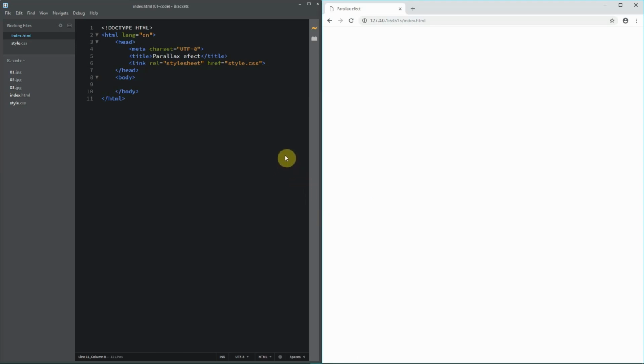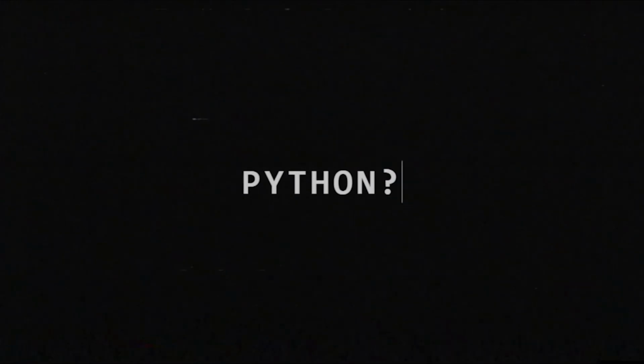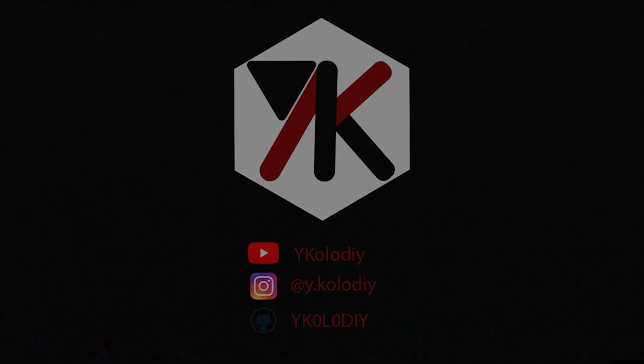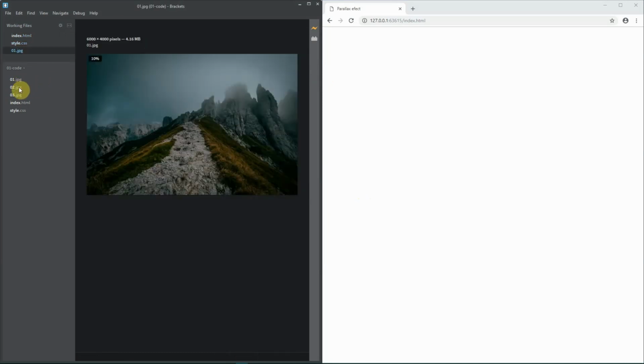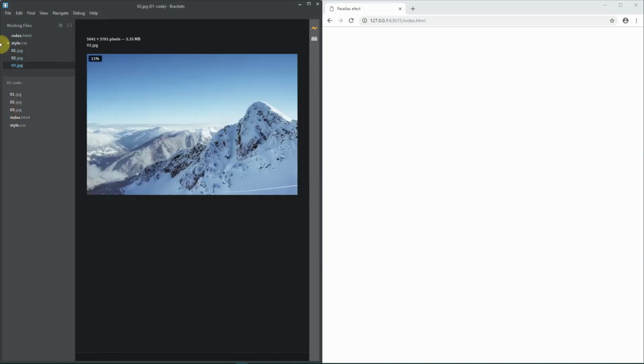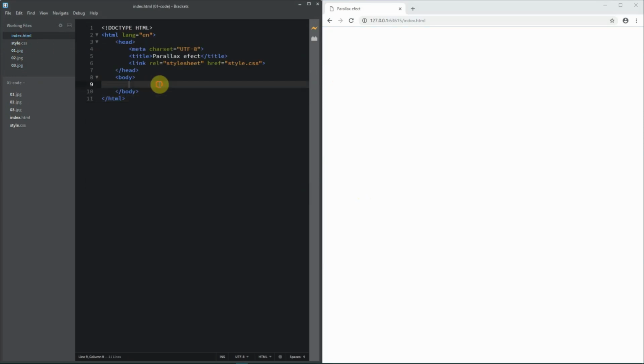Today we're gonna create a simple parallax effect using HTML and CSS. I already have all set up, like you can see, and the images are here. Some cool, others better. Okay, so first we gonna place our div class